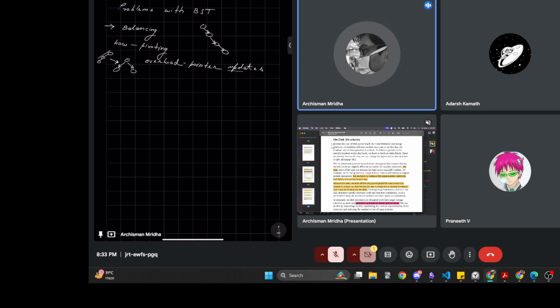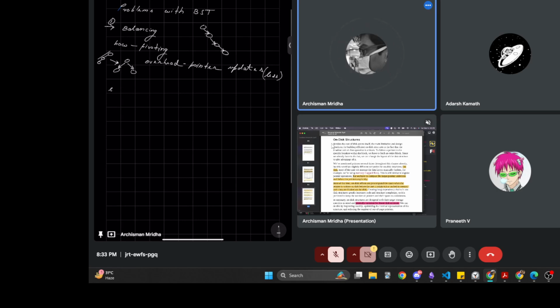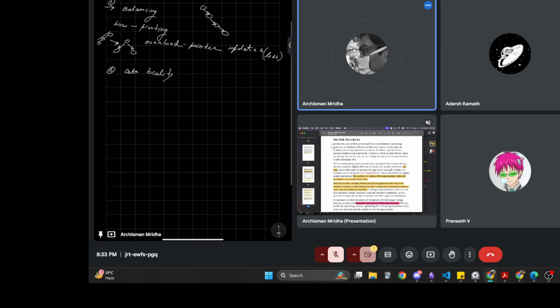Right? And we want to do as few pointer updates as possible because of that pre-compute thing that I explained. So this is number one, balancing, and number two is data locality. Right? And what is the solution? Solution is basically,